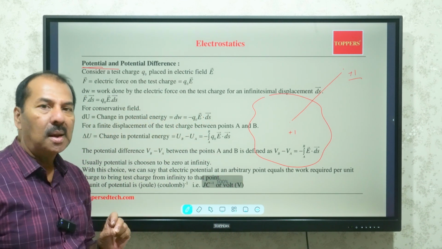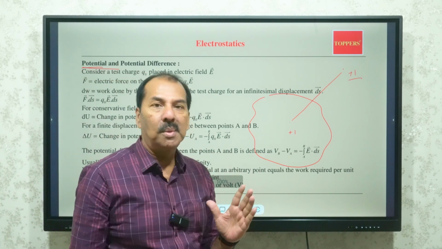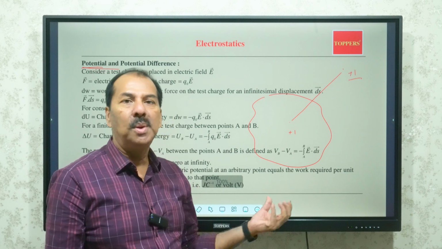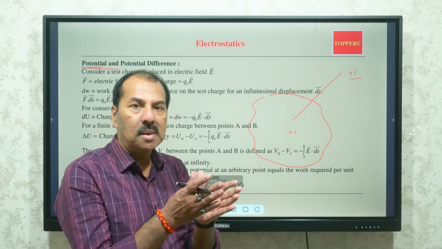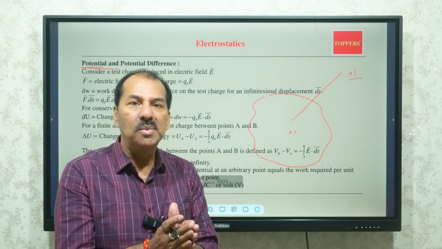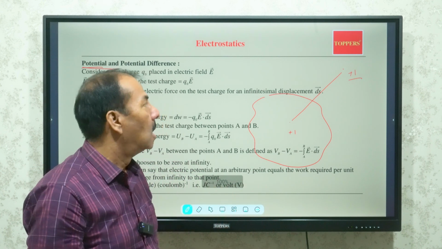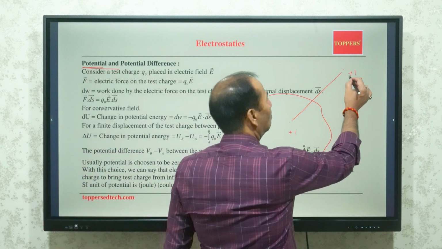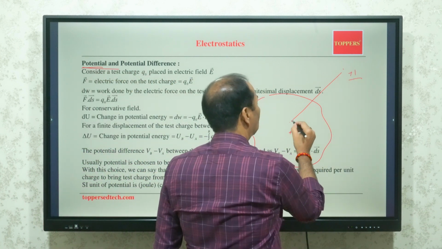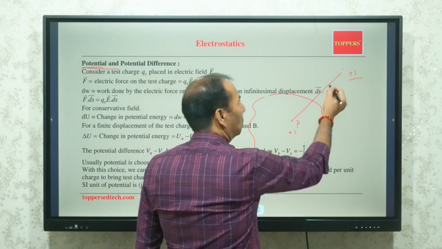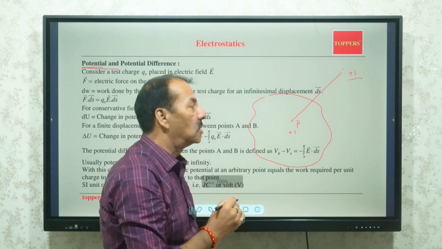So when potential at infinity is zero, that becomes our reference point, and because of that only we have this kind of definition, that work done in bringing unit positive charge from infinity to that point is termed as the potential. So let us say we have this unit positive charge and it has been brought to this point, let us say this point P. And the work done in bringing this is, suppose,